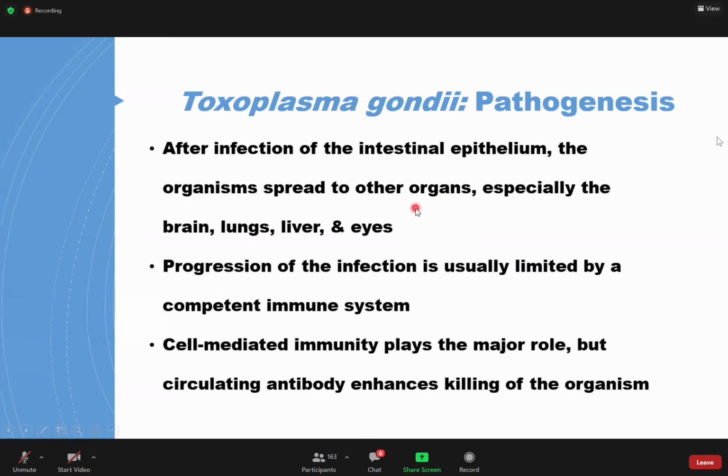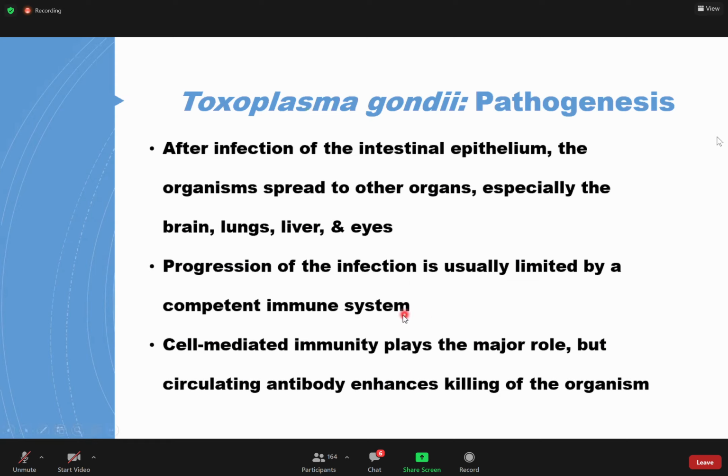Indeed, this organism is one of the organisms that we use to define AIDS. So it is regarded as an AIDS-defining organism. A patient with HIV infection that shows symptoms of Toxoplasma gondii is believed to have progressed to AIDS. Okay? You can have HIV infection and then you can have AIDS. By that time, the T cell count has fallen below some critical set levels. So this organism is an AIDS-defining agent.